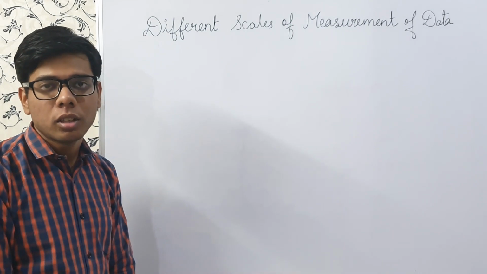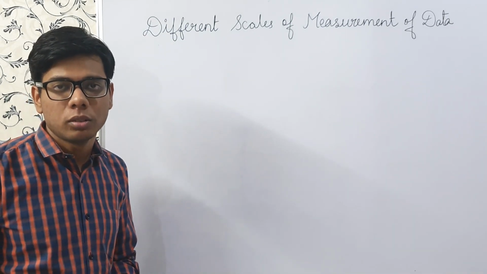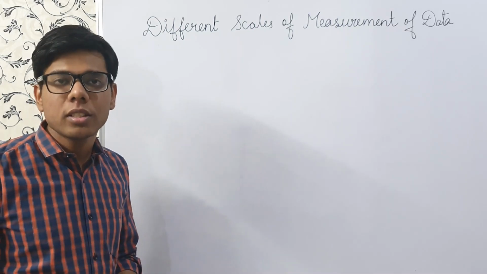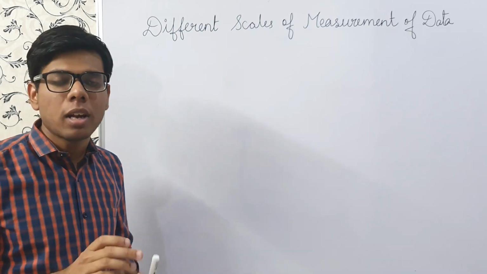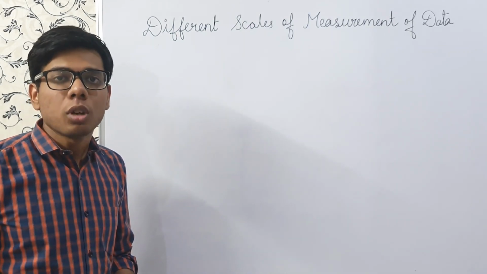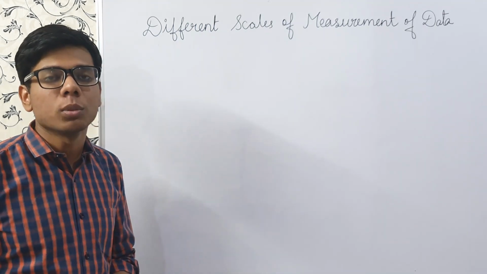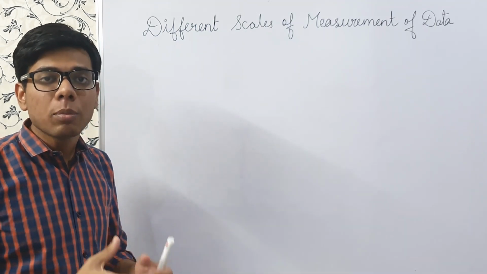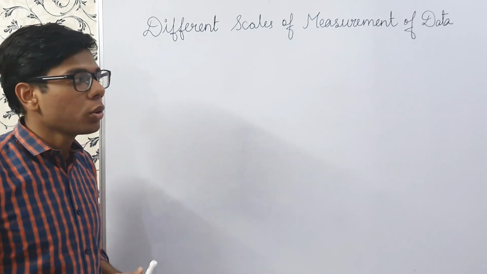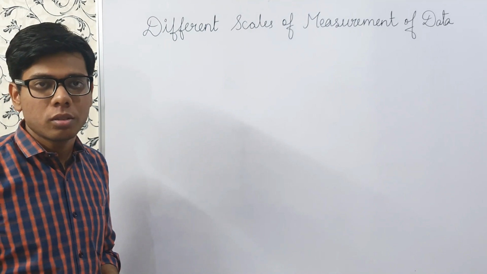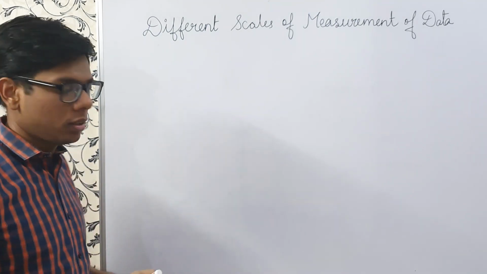So what is it? Suppose in a classroom of 30 students, we measure the height of each individual. So here the variable of interest is height. Why the term variable? Because each student's height will differ from one another. So now we have the heights of those 30 students and that collectively forms data. So what type of variable is it? What's the scale that is being used? Here we'll answer all these questions. Broadly, there are four types of scales of measurements.